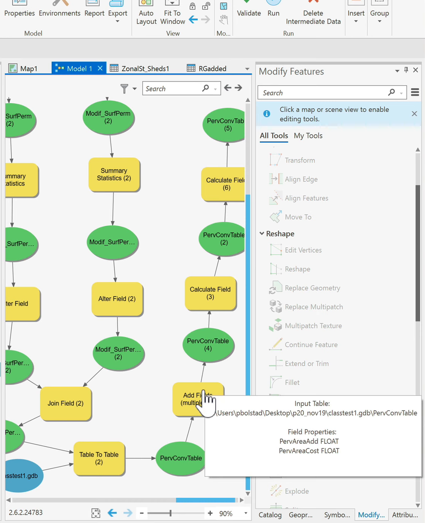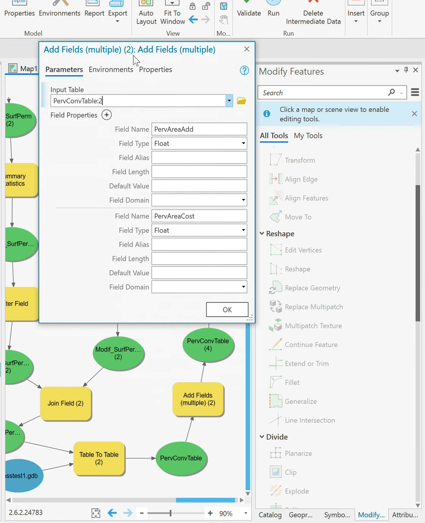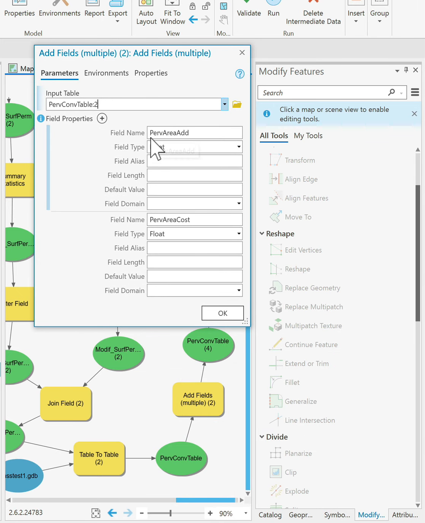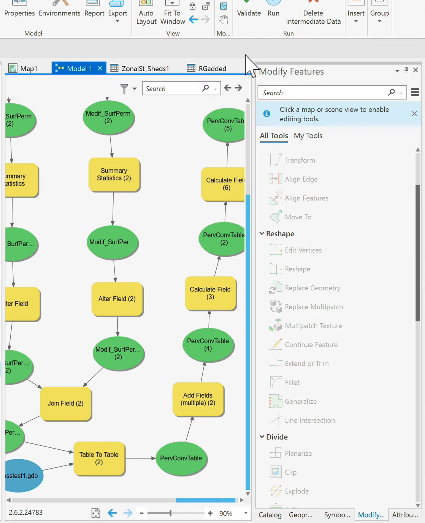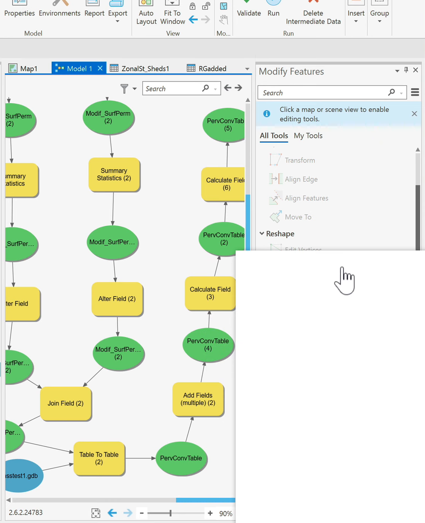Now I want to do some additional calculations. I want to add fields because I want to add the costs to it, right? I have the area, but I want to calculate then the difference between the new and old areas and then calculate a cost. So I'll put in these variables to hold the space there. Then I'll calculate the two fields. So I'm going to calculate the